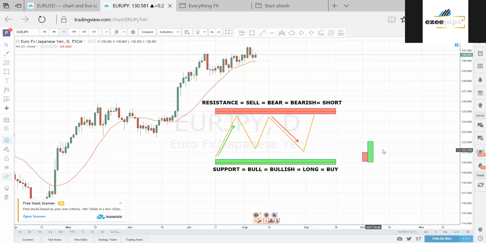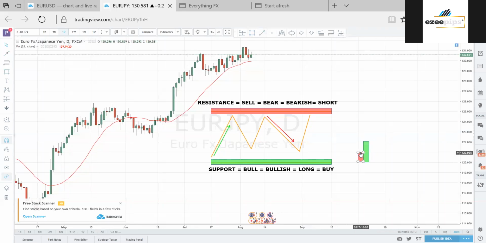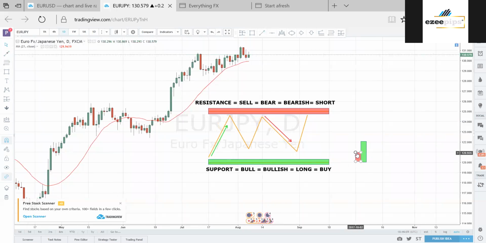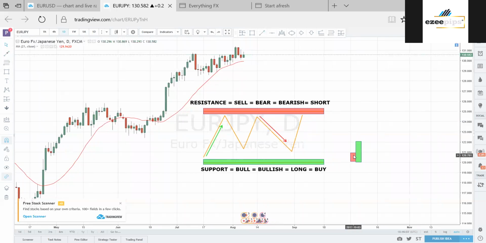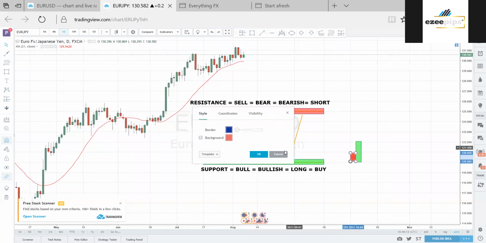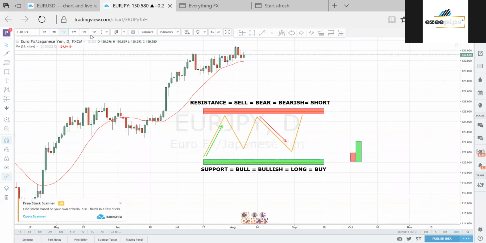Okay, we have this one here. Let me draw a second one again. We have small red, big green, at a level of support. And another one I'm going to draw would be